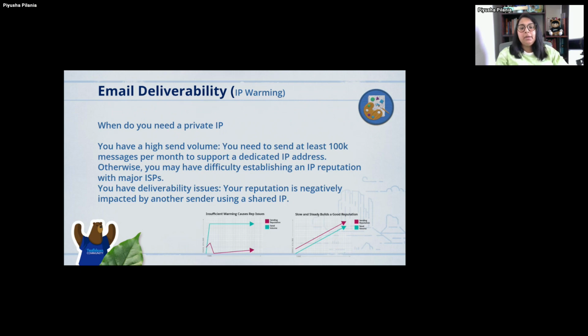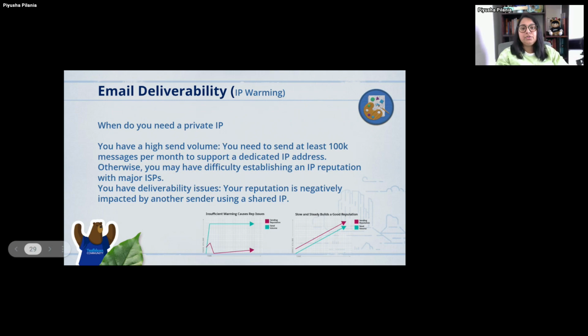So their reputation will also impact your email sends. This is one of the reasons why a lot of companies move away from a shared IP to a private IP, just to avoid deliverability issues because of other senders' reputation. Another reason is